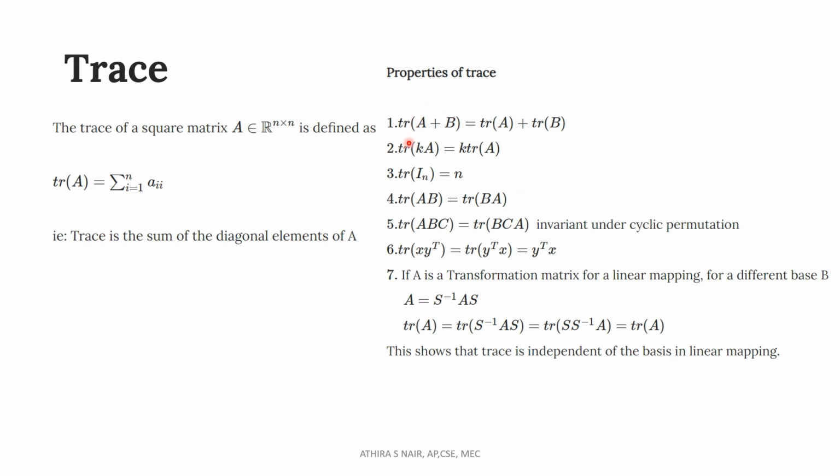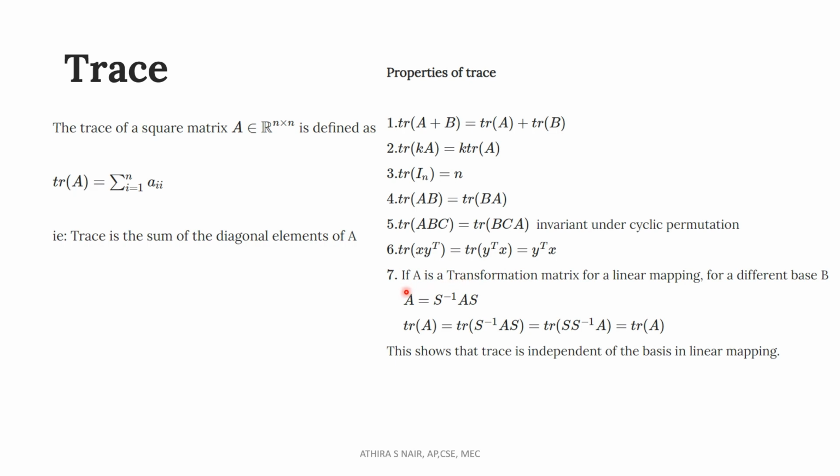First property is trace of A plus B is equal to trace of A plus trace of B. Then trace of kA is equal to k times trace of A, where k is a scalar. Then trace of I is equal to n. Then trace of AB is equal to trace of BA. Trace of ABC is equal to trace of BCA, invariant under cyclic permutation. Then trace of X Y transpose is equal to trace of Y transpose X, which is equal to Y transpose